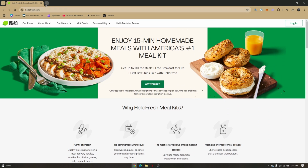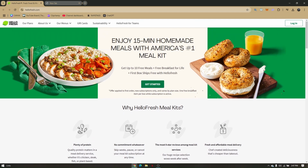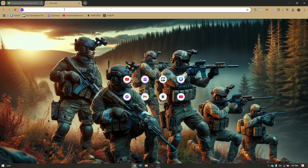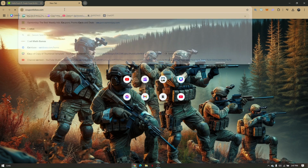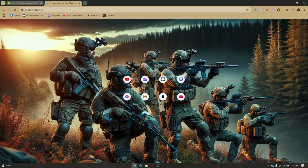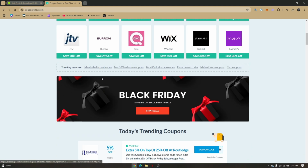Now, all I have to do is to create a new tab once you are currently on HelloFresh.com's official website. Before you place an order, we'll have to create a new tab. Now, from your new tab, just simply go to couponfollow.com. Now, this is going to be a website in which this site provides you a certain amount of codes